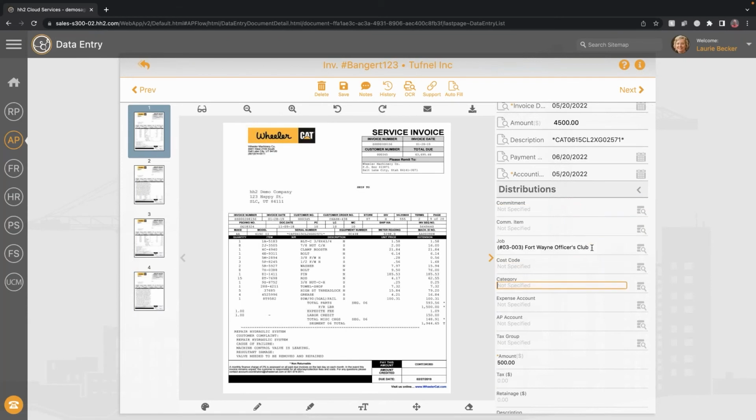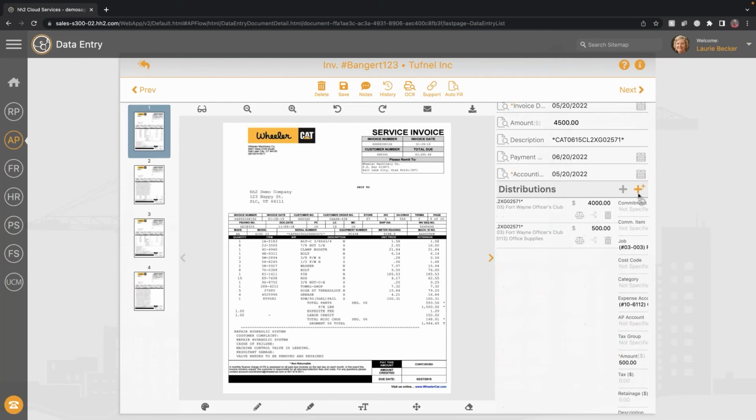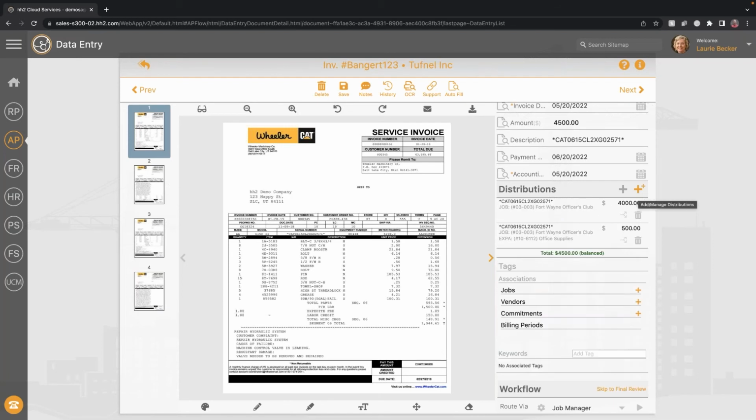and I'm just going to have that go to a GL. So I'm going to go down and we'll say that's an office expense. You can easily divide this out in any way, shape, or form that you need for this company. We try to get through some specifics here of different use cases. So if you code to purchase orders, subcontracts, we have some tools built in for that. But again, what you use is dependent on your company and your needs.